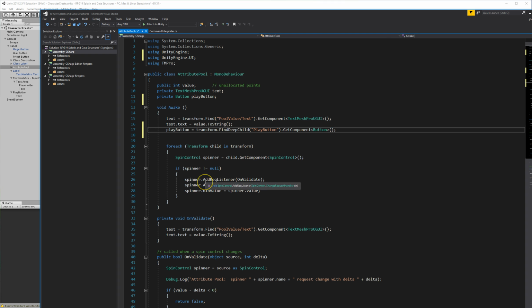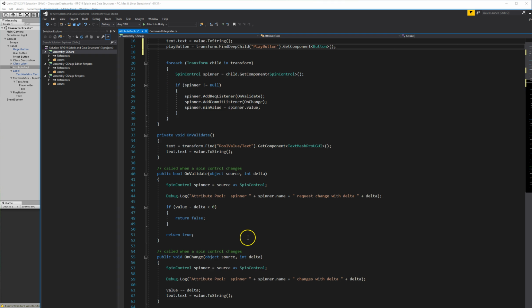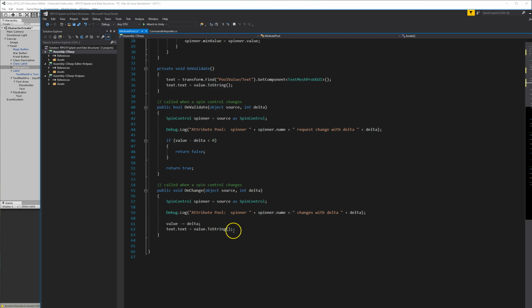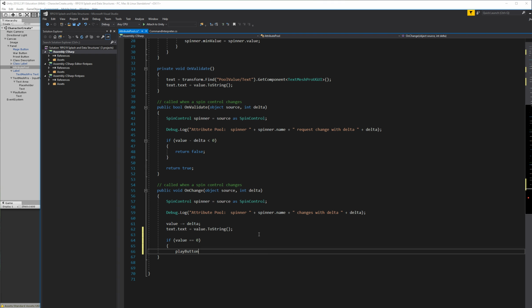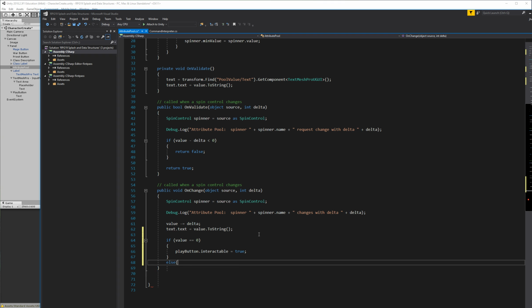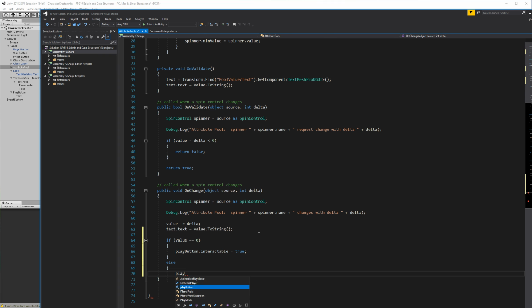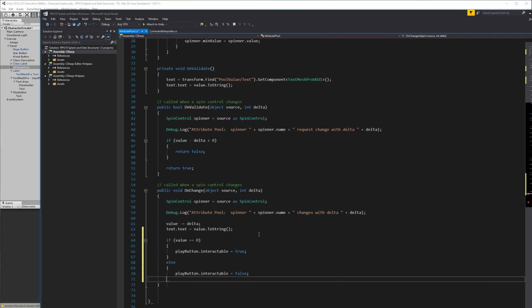And at that point, when validation occurs, or when change occurs, if value equals 0, then playButton dot interactable equals true, else playButton dot interactable equals false, and that will turn the button on and off based on the total points